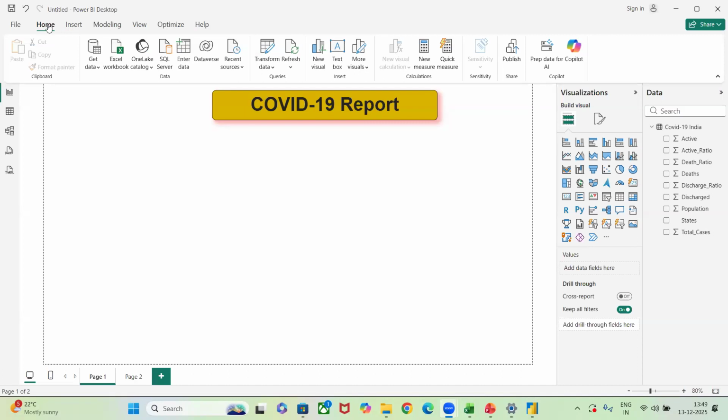Yeah, coming back. So this is all about the interface of the report. Do you have any doubt in the report view? Do you have any doubt from the report view? No one? Garima, see here you are telling